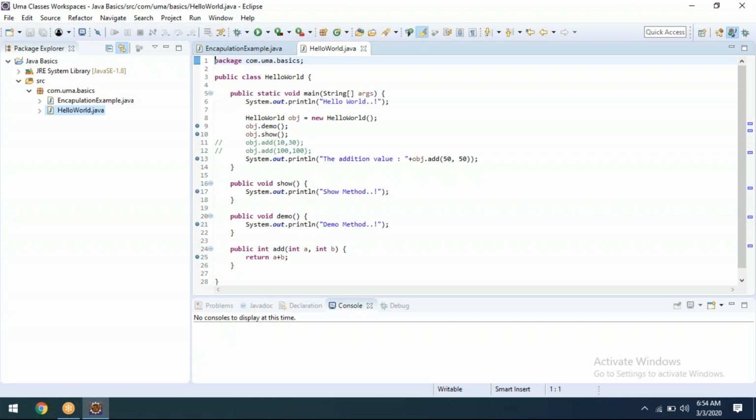Now we'll go for another topic. Before moving to another topic, let's say, for example, what do you mean by inheritance?